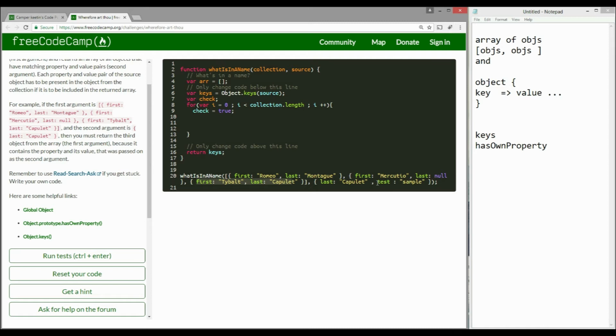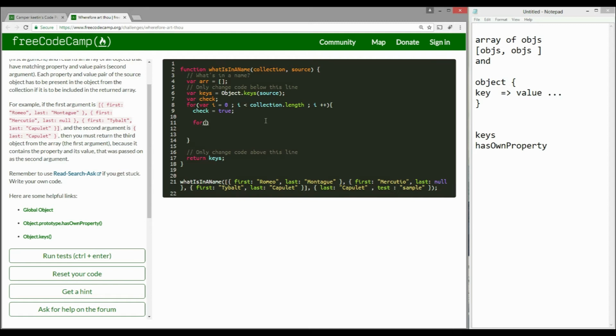So at this point, if any of the key value pair does not exist, I want to turn the check to false and then check the variable at the end once we are out of this object and see if this is worth putting in the result array or not. So for example, now that we are in the main loop, we are dealing with one object at a time in the array. So at this point, I want to deal with one key value pair at a time from the second argument and compare them. So let's write another loop for j equal to 0, j less than